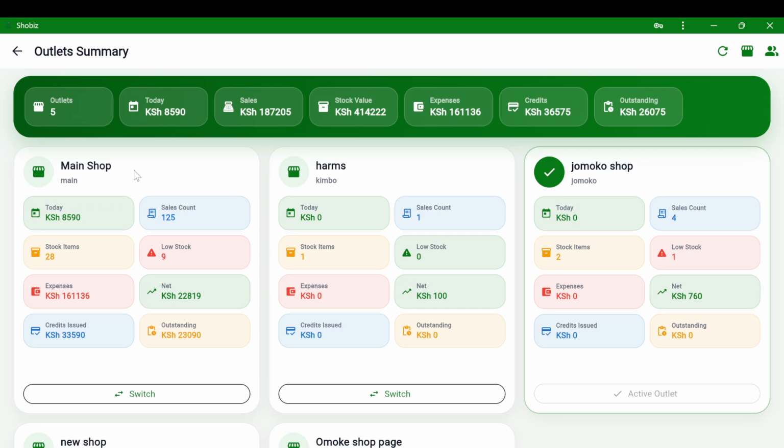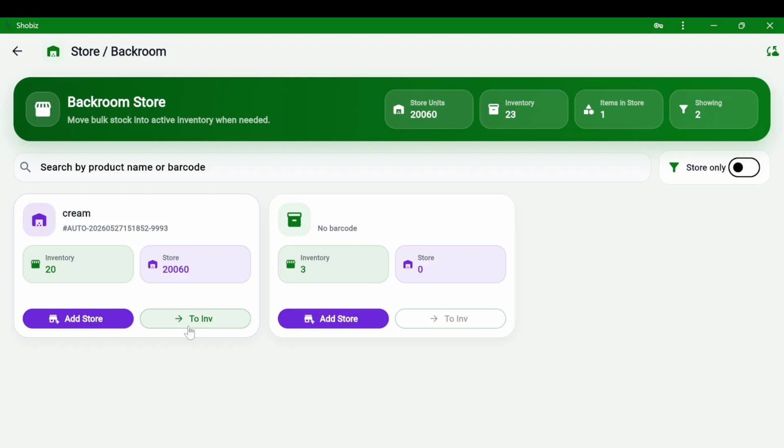Let's say this cream, in this case, we've received a dozen, let's say 20 items. We can enter how many bundles of those we've received, and then click on add, and then we will have our store updated. All right, and each time we want to push items to the inventory, let's say our cream, currently we have 20 pieces,